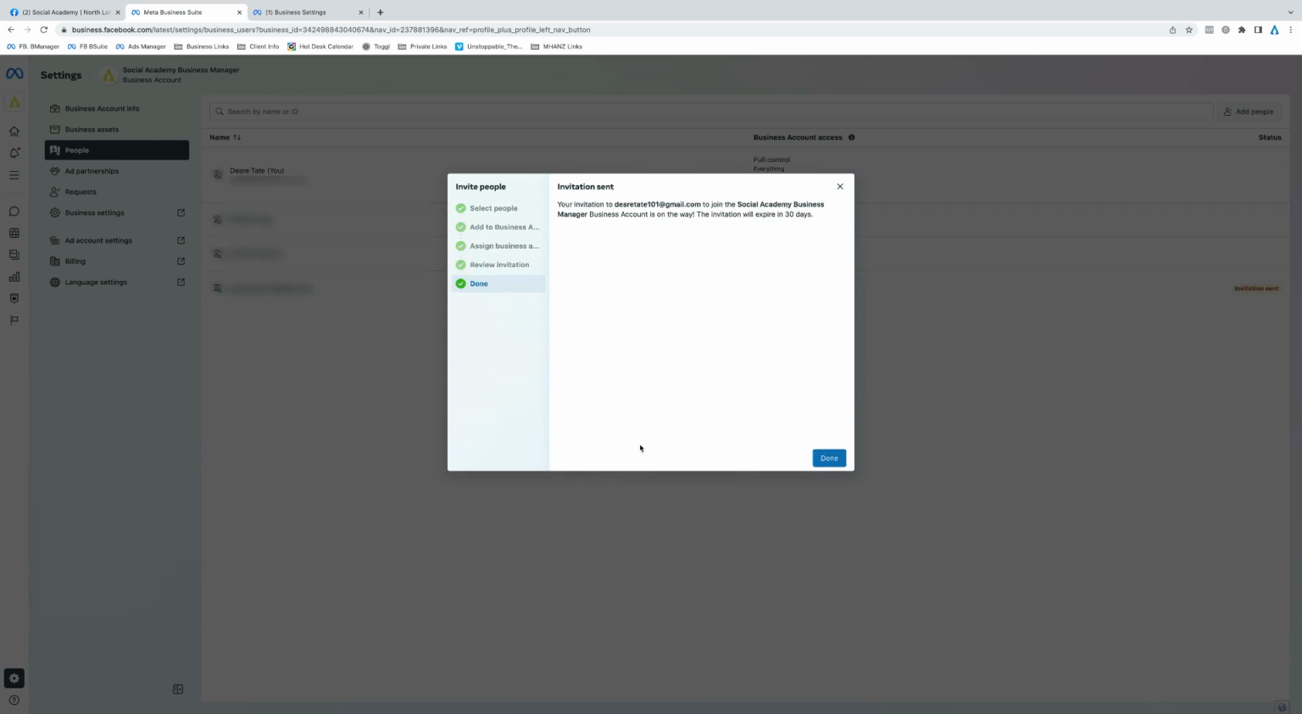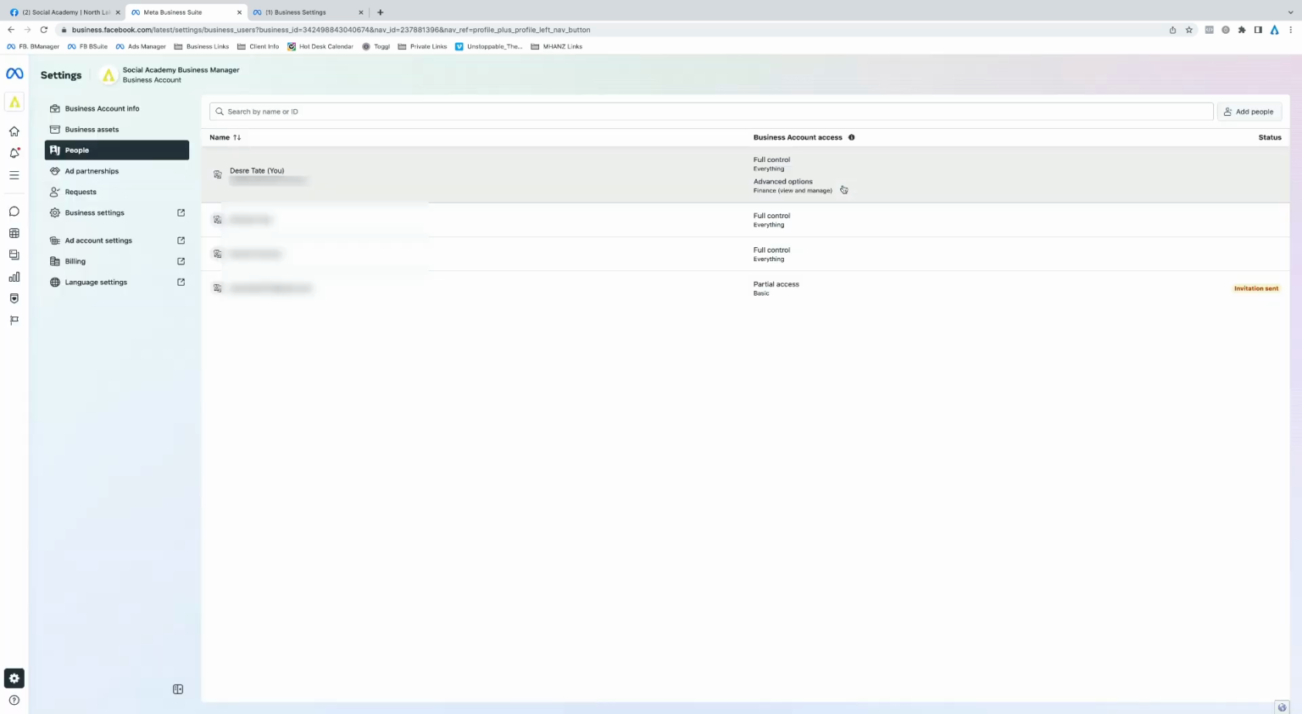That will send an email out to that person, who will then have 30 days to accept this invitation and become part of my business manager. One of the reasons why it's good to have people directly on your business manager and not on your individual profile is this: instead of connecting one person to 6 different Facebook pages, 2 ad accounts and Instagram accounts,